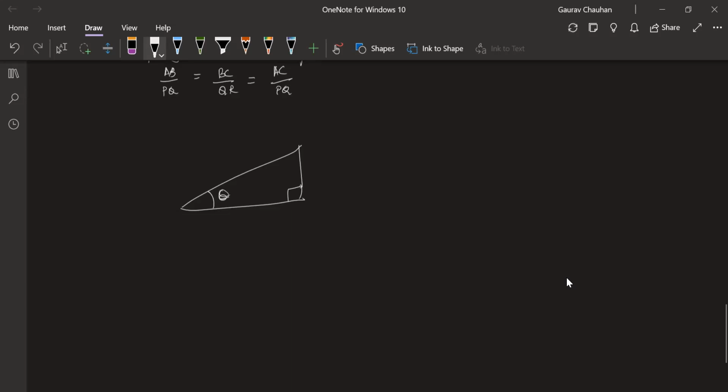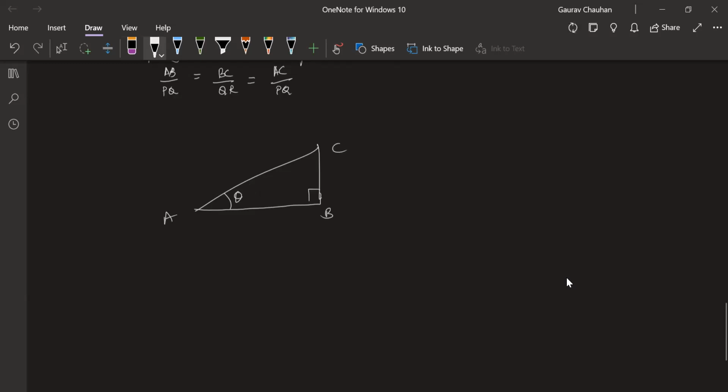And this is 90 degrees. We've always been taking a right triangle so far. You will be dealing with other types of triangles, but for 10th standard purposes, we are just going to talk about right triangles. So in a right triangle, let me draw it properly. In the right triangle, we take any one of the other two acute angles. So we're taking this one right now. Let's take A, B, C.